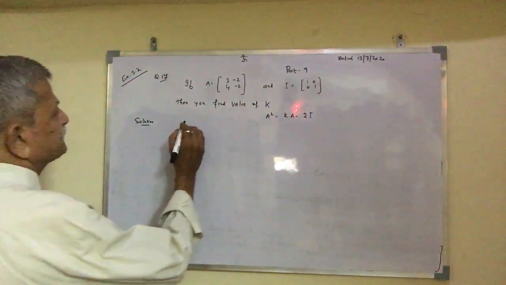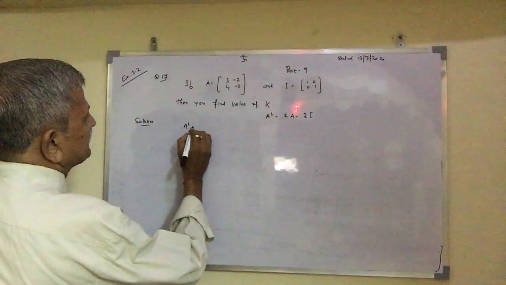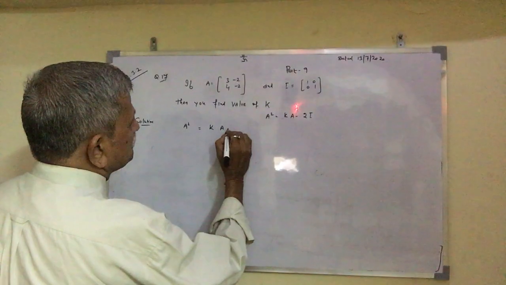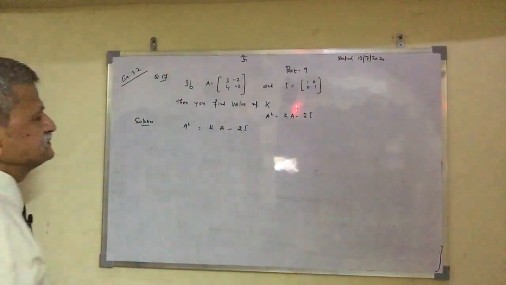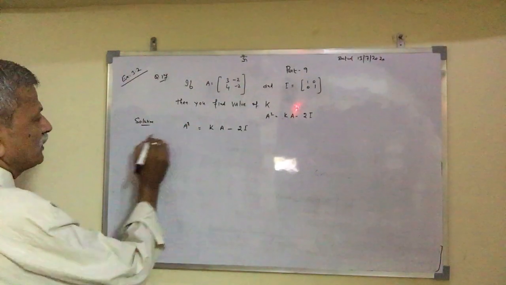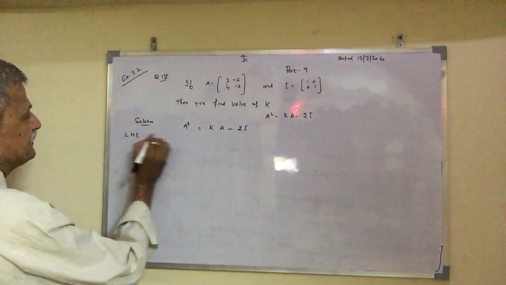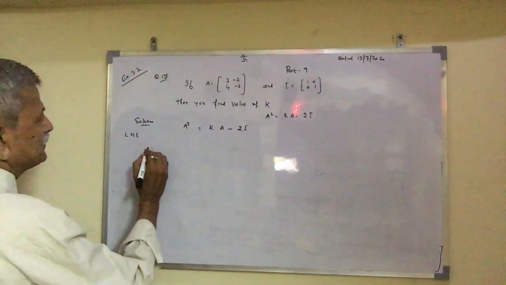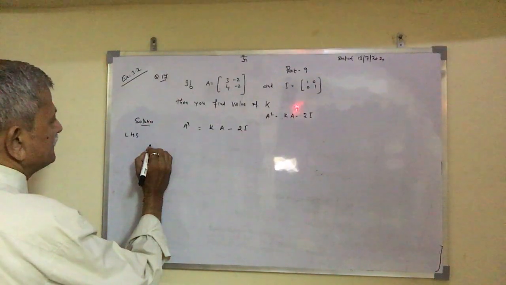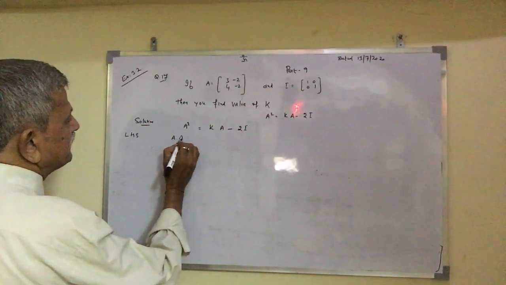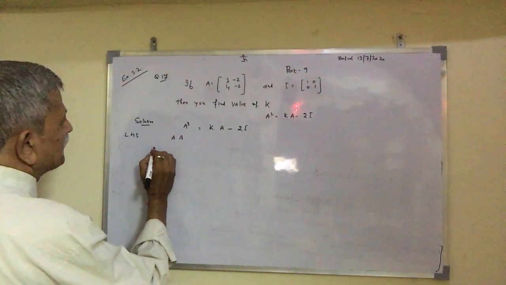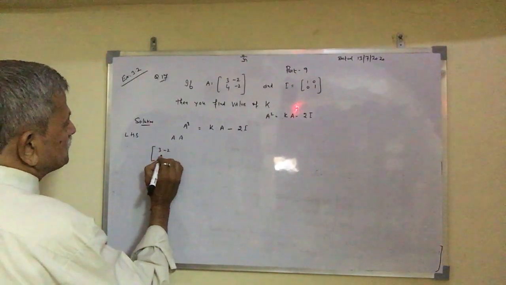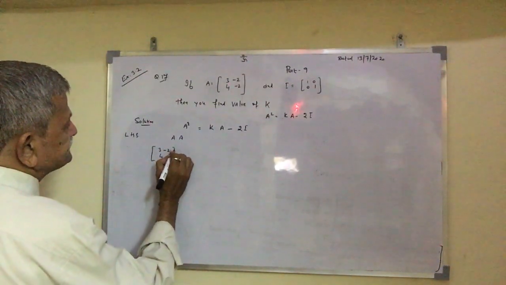Now we have to find a square first. So you have to find a square which is equal to k times of A minus 2I. First of all we go from the left hand side, this is your LHS. Now you first calculate A square, so we calculate A into A, so we can write here A into A, which is A square, and A will be 3, minus 2, 4, minus 2, and